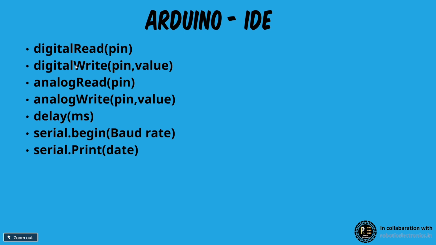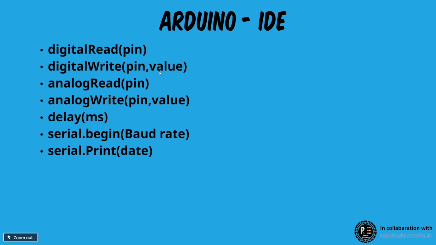And digitalWrite is used to write from the microcontroller. We use digitalWrite with the pin number and the value that is to be written to it. For example, if we consider an LCD screen, we can write something onto it using some pin with the digitalWrite function. This is analogRead: to read an analog value from a sensor, we can use the analogRead function. And analogWrite is used to write some analog value onto the pin, and the value that is to be written can be placed here.